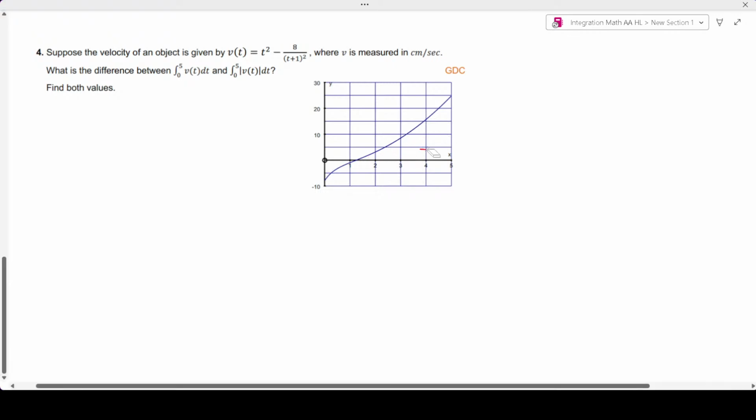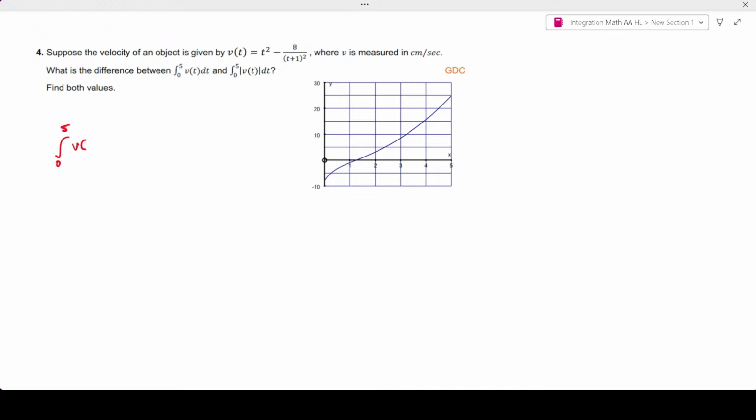So that means if you're just finding the integral of the velocity function without the absolute value, this will represent the displacement at time t equal to 5 seconds. So if you use your calculator to do that,